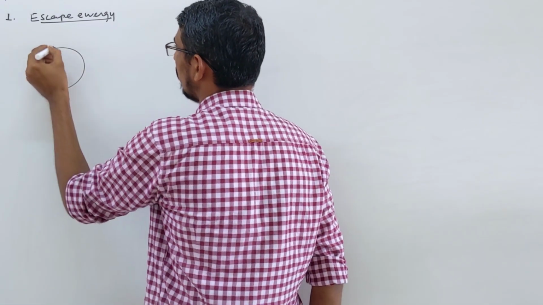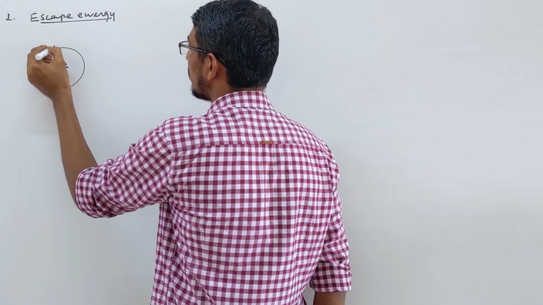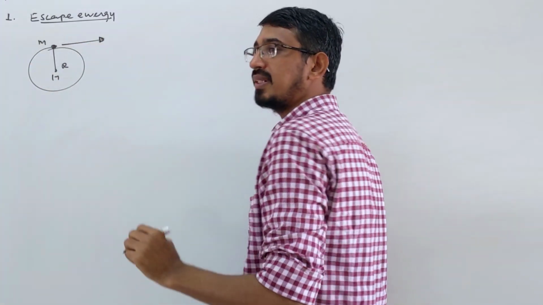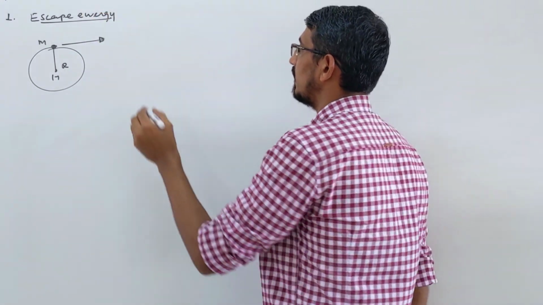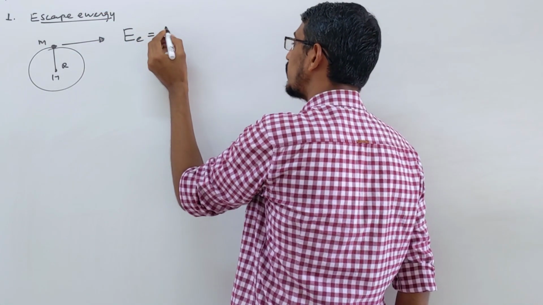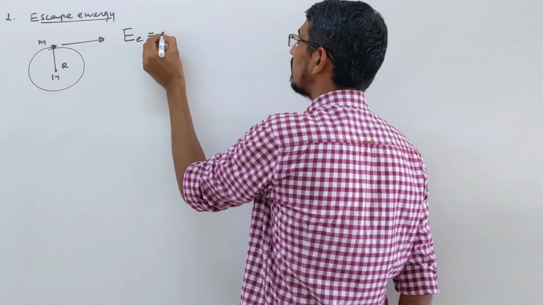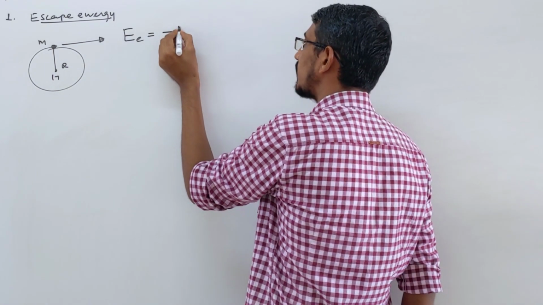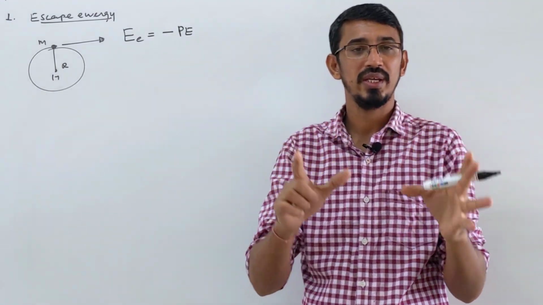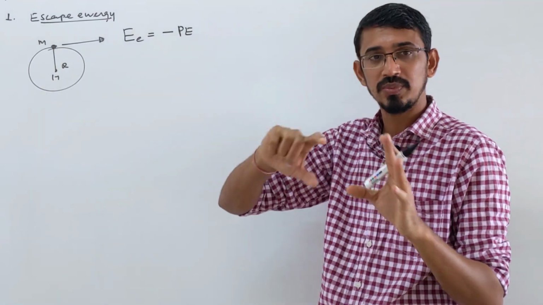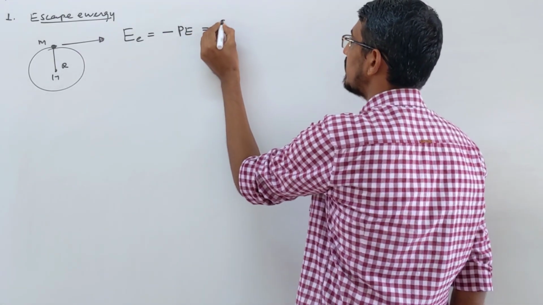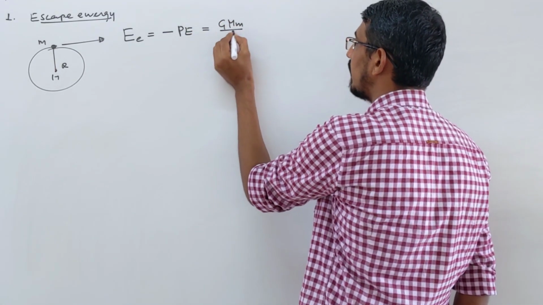This is a planet of radius r, mass M, and the object is placed here with mass m. What is the potential energy at that point? That is simply your escape energy. So, energy escape, the answer is simply positive, keep in mind. So I am writing negative of the potential energy. Why did I write negative? Because the potential is already negative, so minus potential becomes positive. So the answer is simply GMm by r.